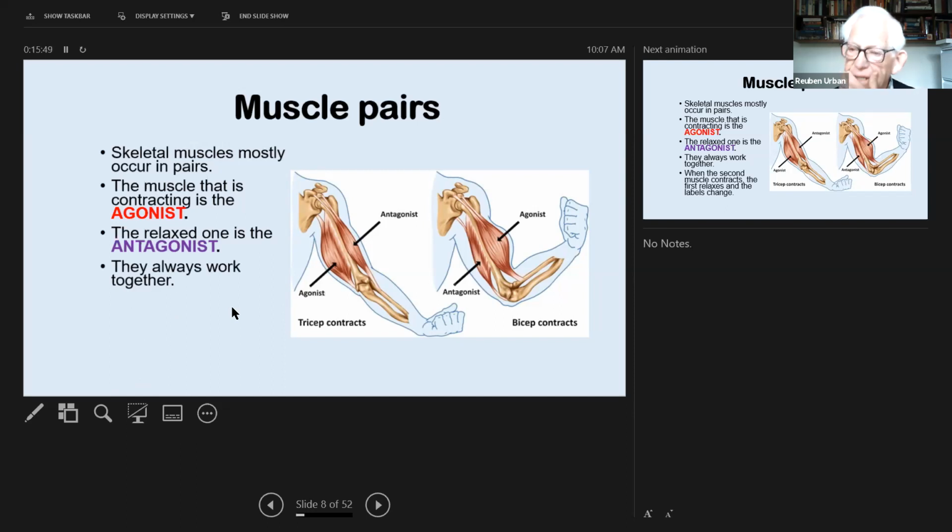Now, if you remember some time ago, I can't remember how long ago, I did a talk on immunology, and the very first picture I showed you was a guy with tetanus. Remember, he was bent over backwards. Tetanus toxin causes every muscle in the body to contract at the same time. So imagine it's happening here. They're both contracting, and these muscles are actually very strong. And in fact, your triceps, for the three of them, are actually stronger than your bicep. But they would just snap your arm, they'd snap it off, break it. So the control is very fine.